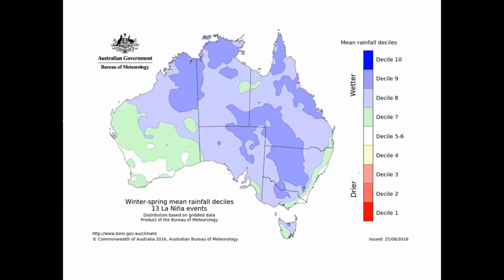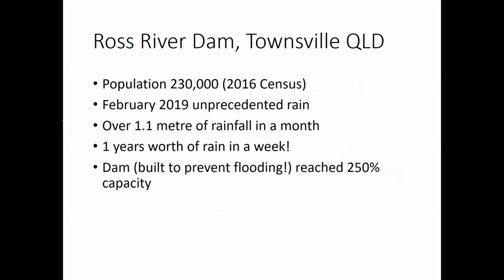This isn't a map from the Australian government, but this shows the change from average. The bluer colours on this map are wetter, with more rainfall, so mean rainfall is increasing or likely to be exceeded, and this is what happens in a La Nina year. So, linked to that diagram I've just shown, this is where Australians can expect higher rainfall. I just want to sum up on the final slides with a quick case study.